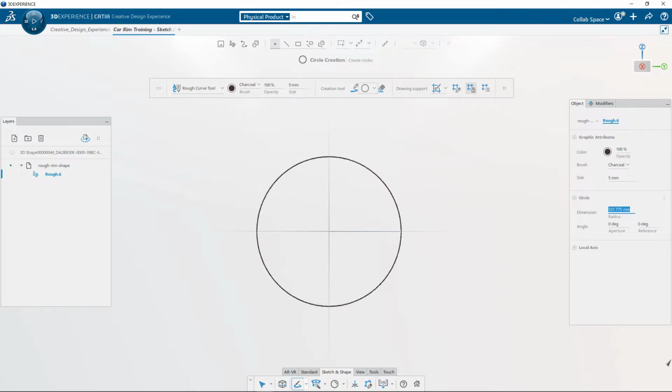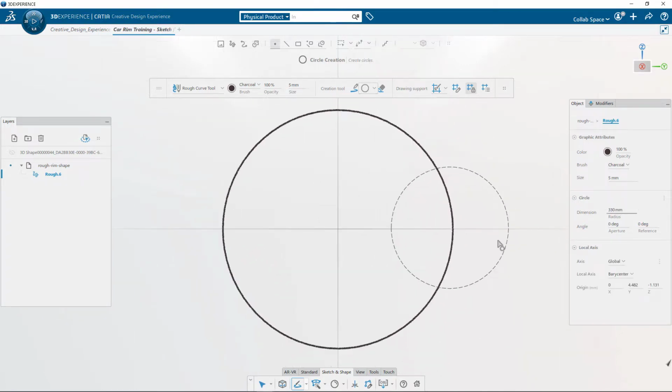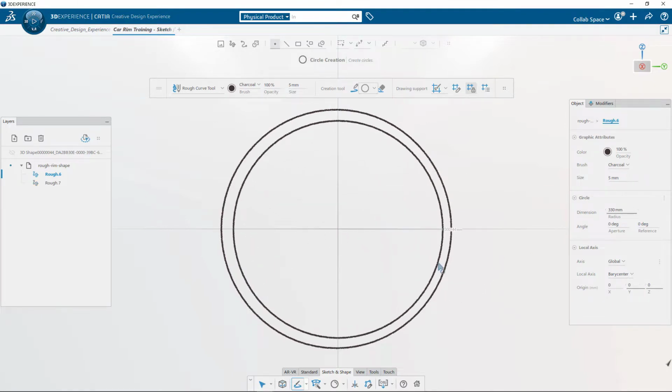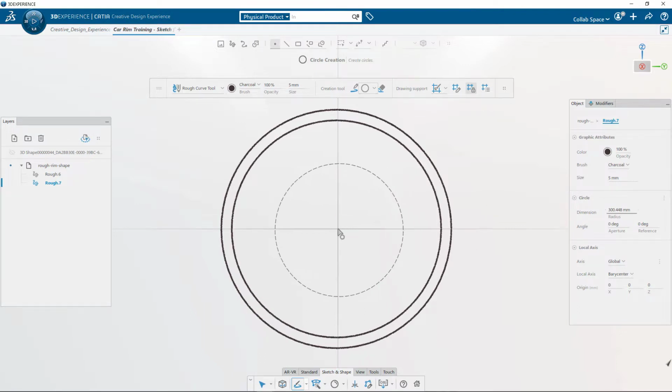You can define the value in the 3D directly or also change the value afterward through the Object Properties panel. For the first version of the application, we don't have the snapping yet, so you will have to make sure that the circle is well positioned in the center of the 3D scene by changing its origin to 0, 0, 0 value. You are able to create directly a new circle primitive in the 3D and also two others to create the middle of the rim.